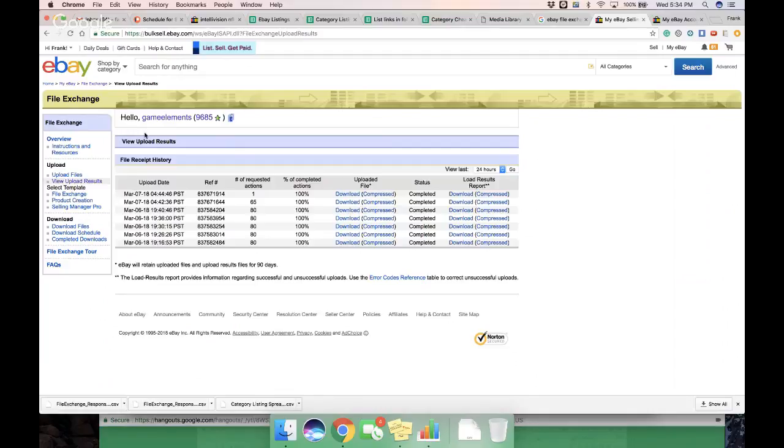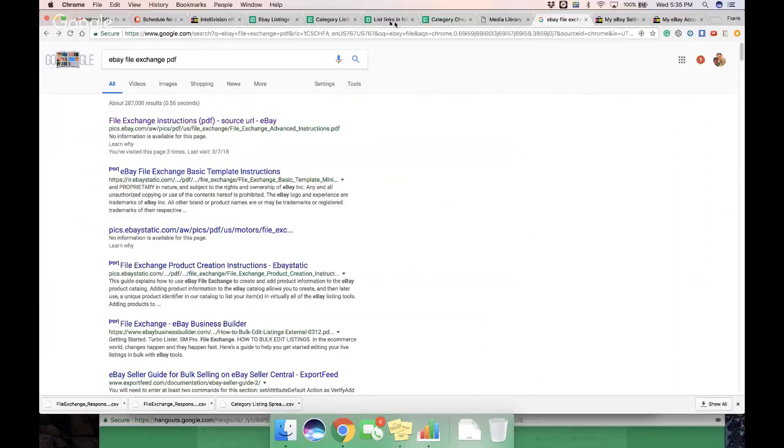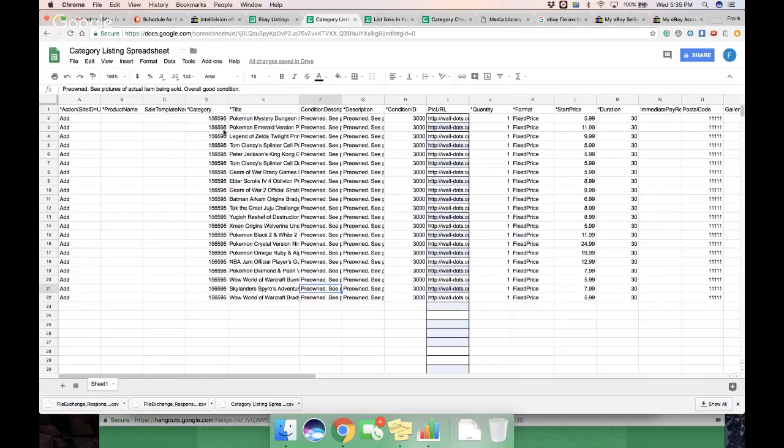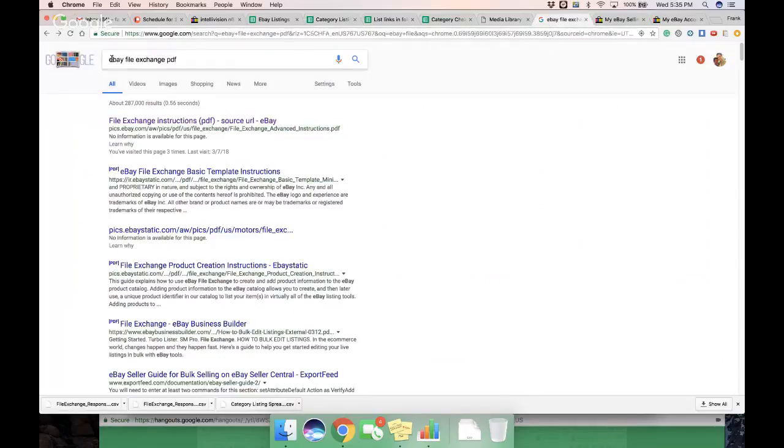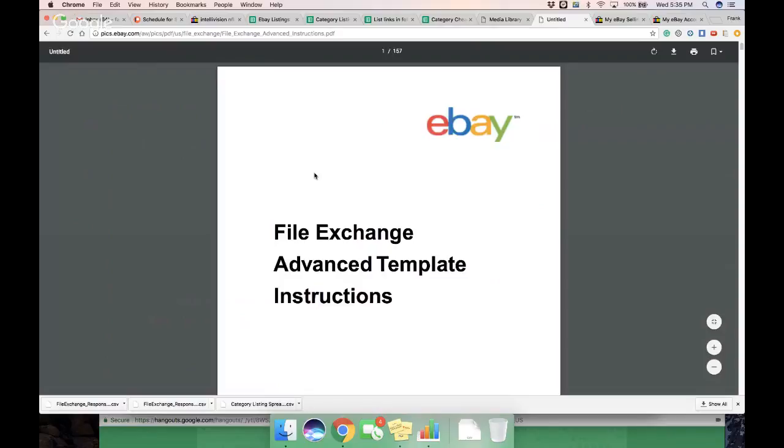So people who are using the checkboxes on the left to search for different items, it is very important to do that. Also, for new items, you do need to put UPC. So let me show you, because here all of the rows are not here, right? They're all not here. So there's a lot of other things we can be putting in. So if you just type in eBay File Exchange PDF and go to the File Exchange, it's 157